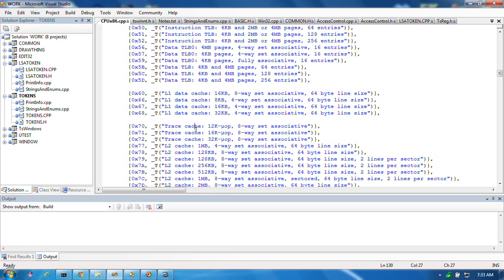Now, a micro op, a little operation, is a part of an Intel instruction which has been converted into a RISC type instruction to be passed on to the real processor, which doesn't know anything about Intel instruction sets, but